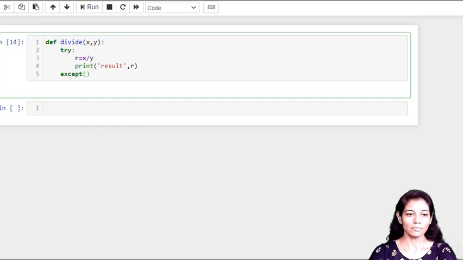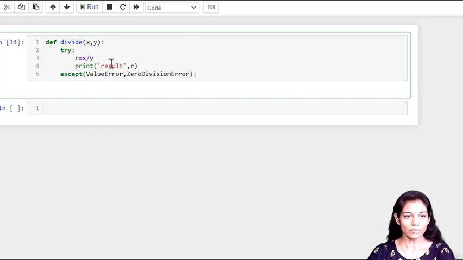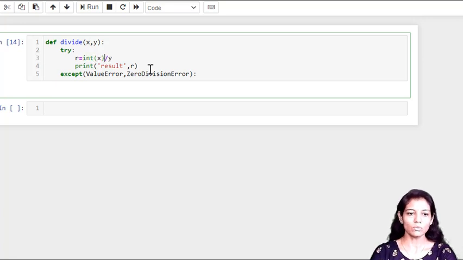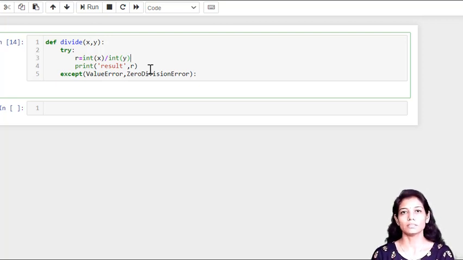Here I am trying to handle different types of exception. First is ValueError and second is ZeroDivisionError. Why will I require this? Because if I am required to convert these arguments into integers first, and the user has not provided something which can be converted into an integer, it can throw an error.